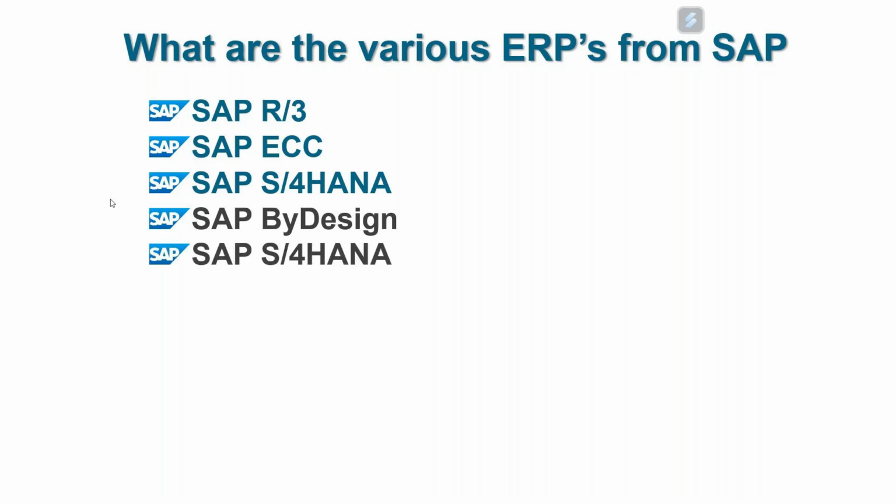And finally, you have SAP Business One, SAP B1. Okay, so the first three on the top are in blue for the reason that they are part of the same line of product. The coding for R3 was very similar to ECC. The coding for ECC was very similar to S4 HANA. Many screens in S4 HANA still look like R3. Many transaction codes in S4 HANA still look like R3. So they are part of the same family.